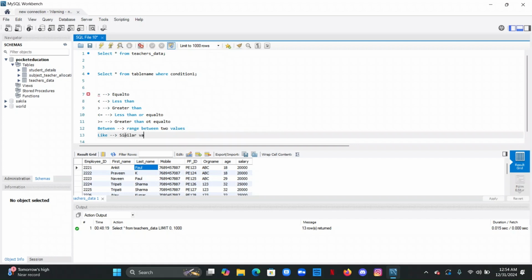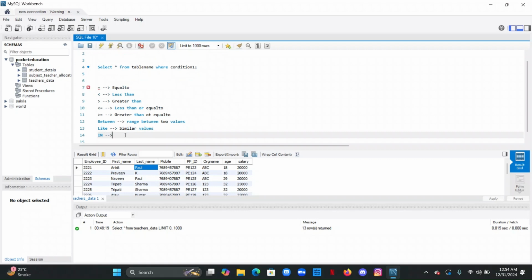Values. Okay, so next is the IN operator. IN is nothing but selecting multiple values in a single condition. Like if I want to select 2221 and 2223 in a single condition, I'll use the IN clause. If you want to filter more than one value, like 2221, 2223, 2224,